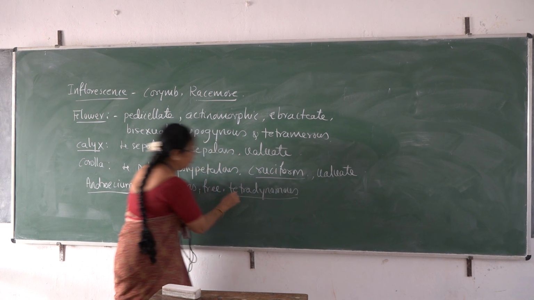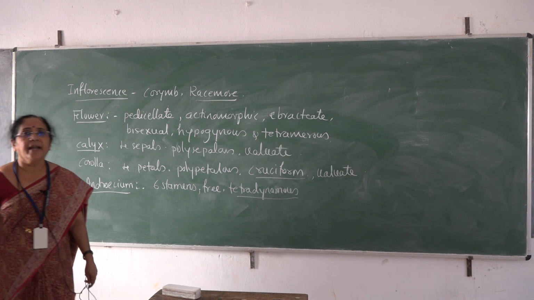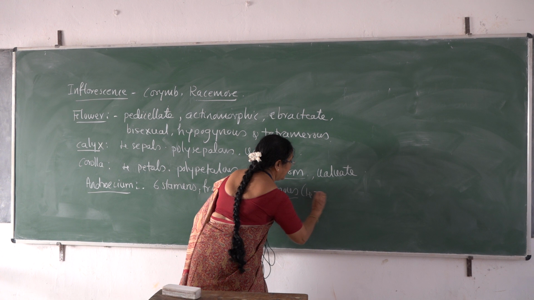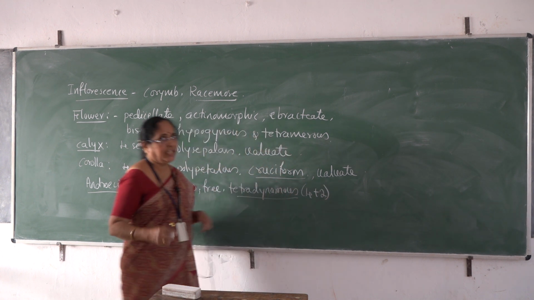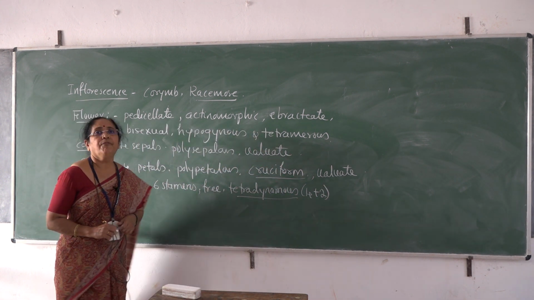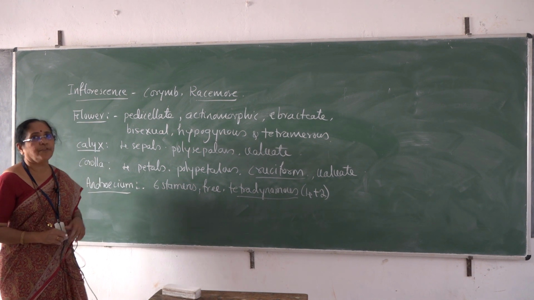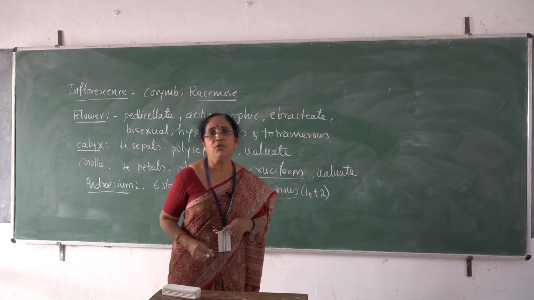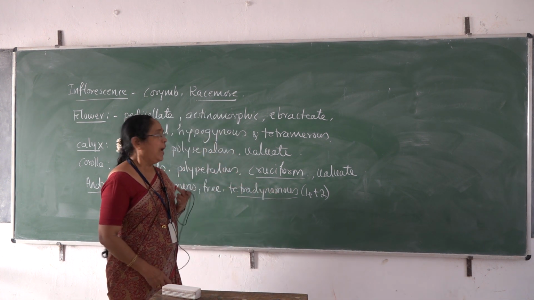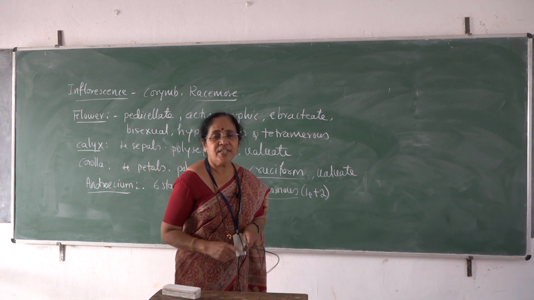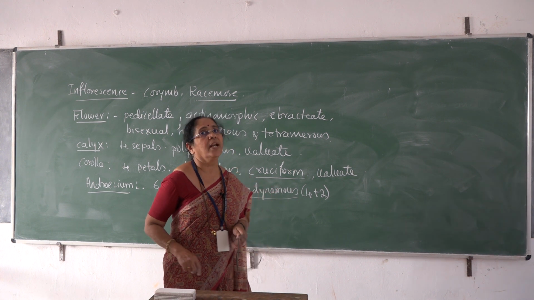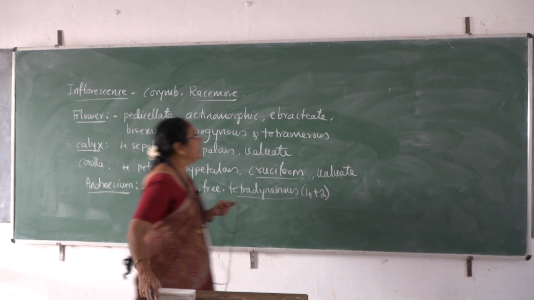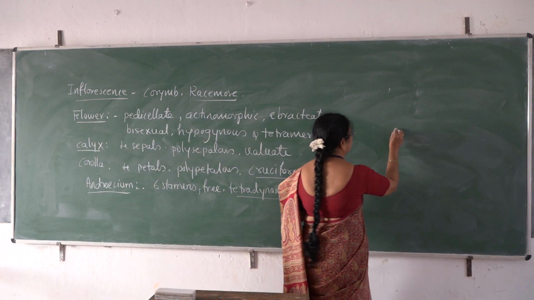Okay, check the meaning of the word tetradynamous. So there is tetradynamous, a 4 plus 2 condition observed in the stamens of this family. The family is characterized by the presence of 6 stamens. All the 6 stamens are free and the arrangement is called tetradynamous. Anthers are basifixed with longitudinal dehiscence, right? Then to show the characteristic feature of the flowers of this family,